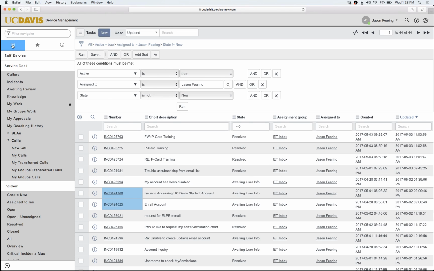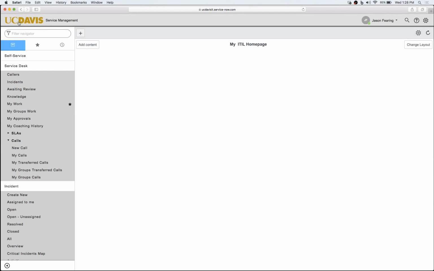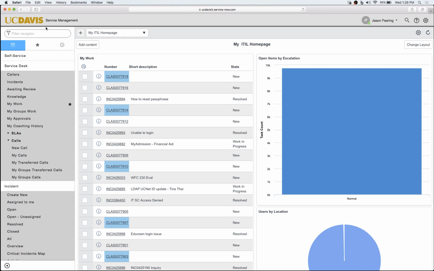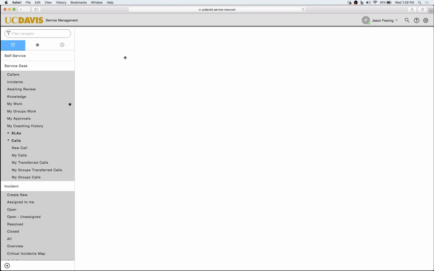So as far as cycling home pages go, if you ever want to kind of get back home in a hurry, I always just click in the upper left-hand corner here where it says UC Davis, and that sort of takes you back to your current home page. And you can see the ITIL homepage that Kevin just made moments ago is listed here, but you can also see the one that I currently use, and that is this one,